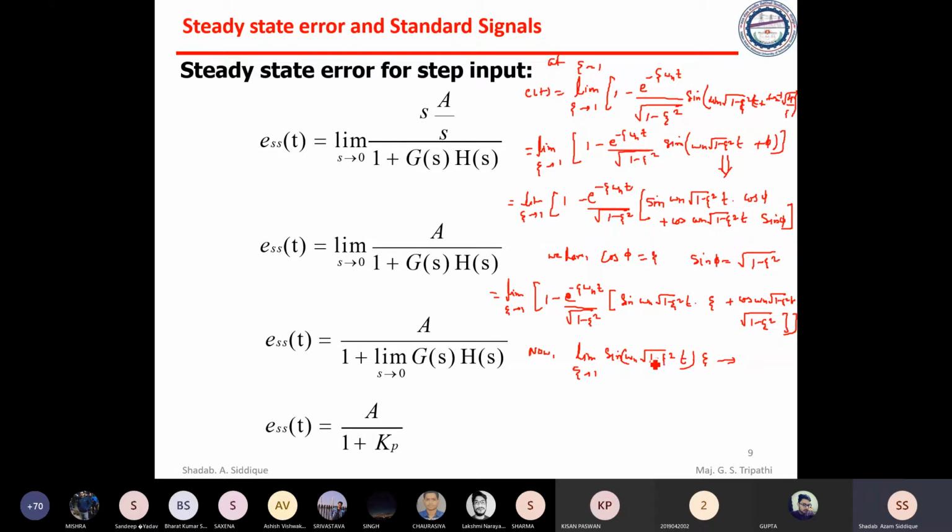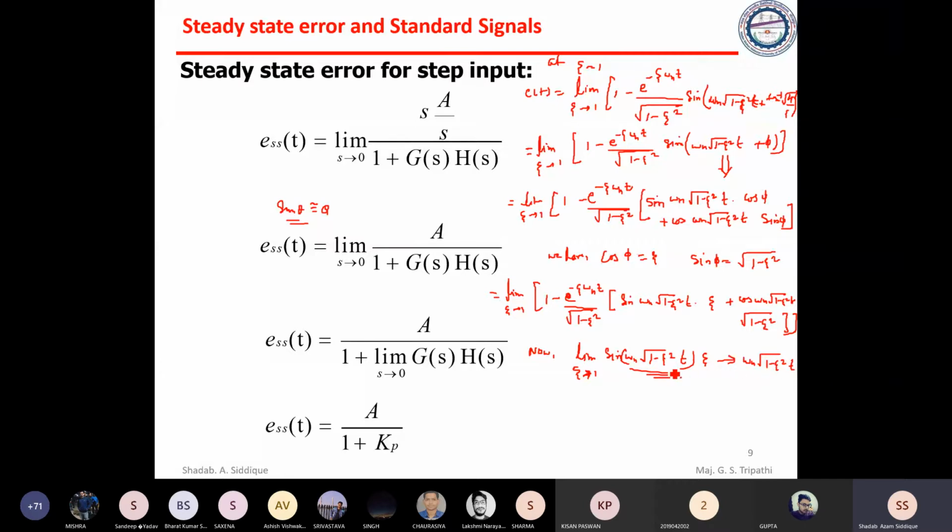See, this term will be very small, because if zeta is tending to 1, this comes out to be 0, or rather zeta is not equal to 1, but tending to 1. So this value comes out to be very small. So sine of a very small term gives you sine theta, and sine theta is equal to theta if theta is very small. So if this value is very small, we can write directly omega n square root of 1 minus zeta square into t, and this zeta is 1, so we will directly substitute 1, so that gives omega n square root of 1 minus zeta square.